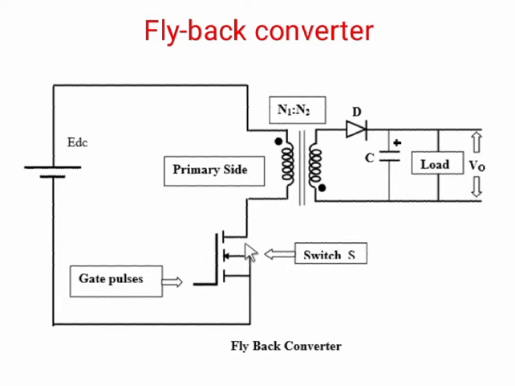So when the switch is turned on, these two terminals are short circuited and the primary current starts to flow, and the secondary winding is connected in this manner. One diode is used to rectify, one capacitor is used to filter out the ripple, and the load is connected across the capacitor. Now we get the output voltage V0 at the output side.